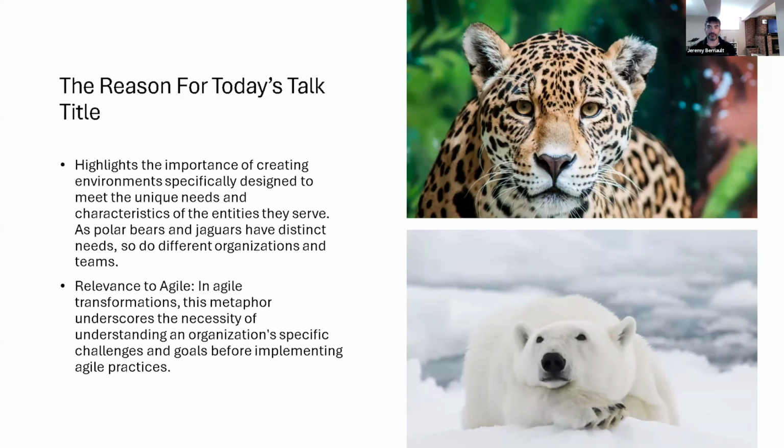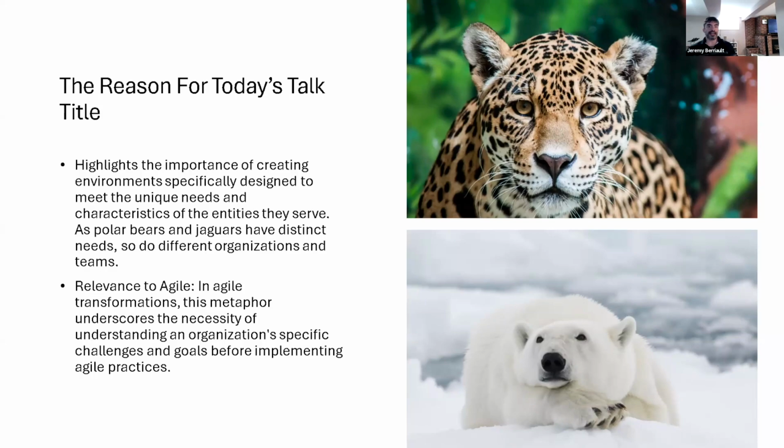When I come up with jaguars and the polar bear enclosure, it's like, we've all gone to zoos before, we've seen animals in different environments and different TV shows. Jaguars were in a jungle setting, so you want to create a jungle setting for them to thrive, and not a rocky environment with a whole lot of water, feeding them fish all the time. It's not going to be conducive, and it's actually going to create more stress for that jaguar.